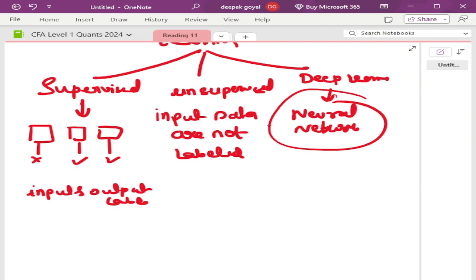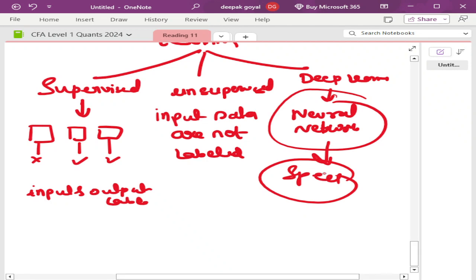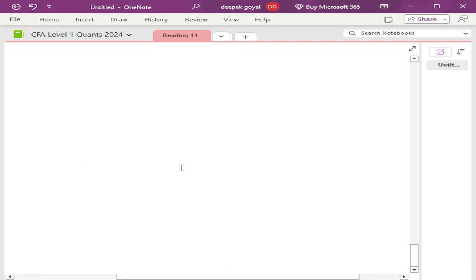Clear? One example of deep learning is speech recognition. You remember we used to say, "Hey Siri," "Alexa." This is how they understand our speech, because they are designed with AI. If I say, "Hey Siri, what is the weather today, what is the weather forecast tomorrow," or "what is the score of the India and Pakistan match," they will give you all the information because they understand what we are saying. Clear?